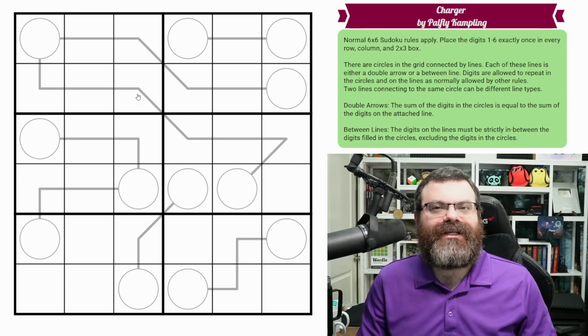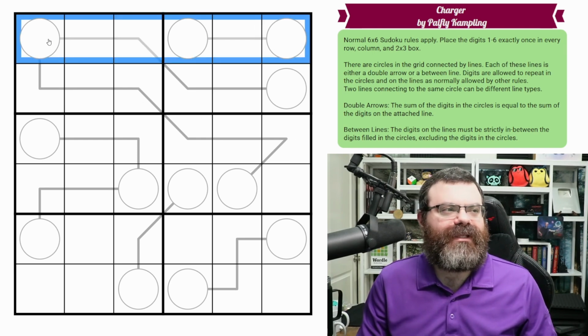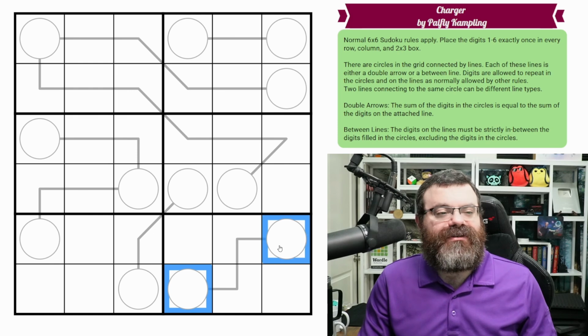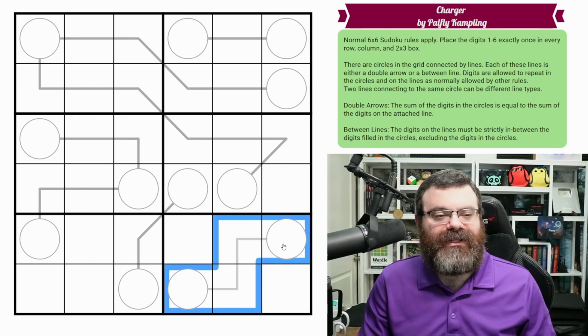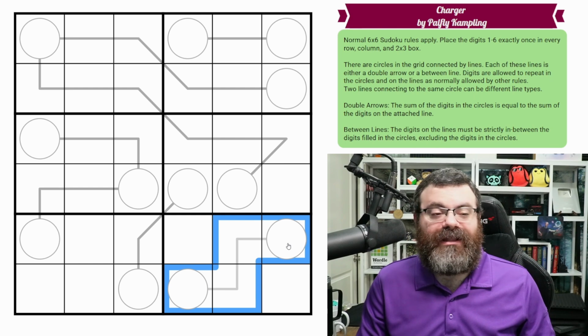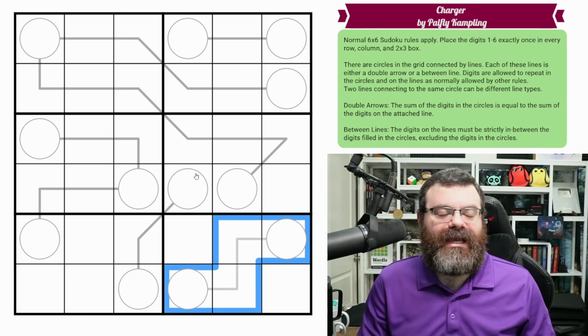So we do have normal 6x6 Sudoku rules. So in each row, each column, and each 2x3 box, we are placing the digits 1 to 6 exactly once each. We also have these circles that are connected by lines. Let's start with a simple example here. They are either double arrows or between lines, and it's up to us on a per line basis to determine